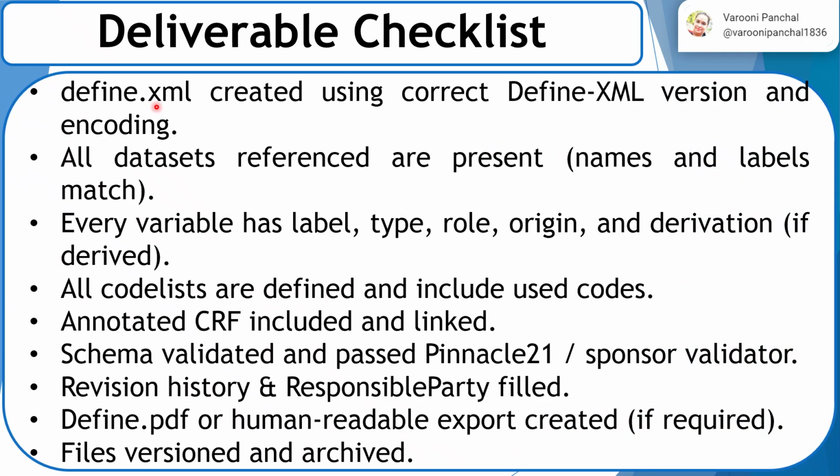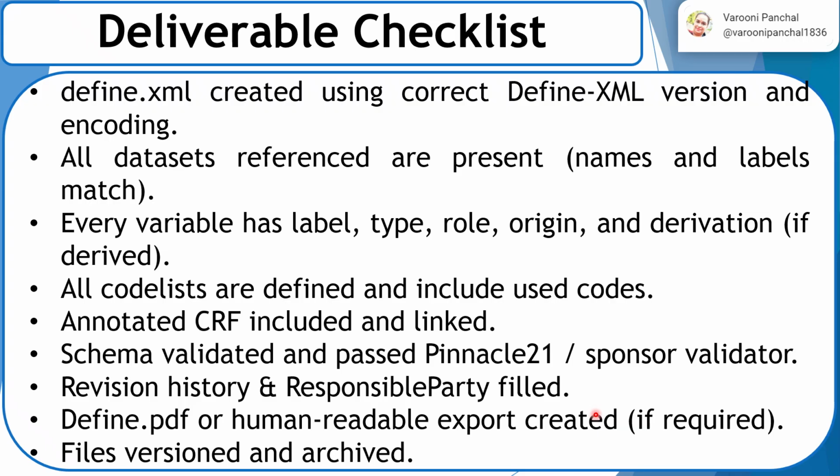Deliverable checklist. Define.XML created using correct Define.XML version and encoding. All datasets referenced are present, names and labels match. Every variable has label, type, origin, role and derivation if derived. All code lists are defined and include used codes. Annotated CRF included and linked. Schema validated and passed Pinnacle 21 sponsor validator. Revision history and responsible party filled. Define.HTML or human readable export created if required. Files versioned and archived. Now these are the checklist where you need to check each and every parameter, whether you